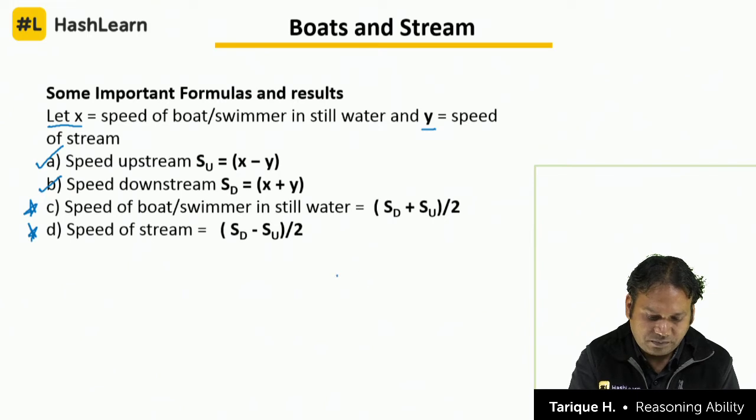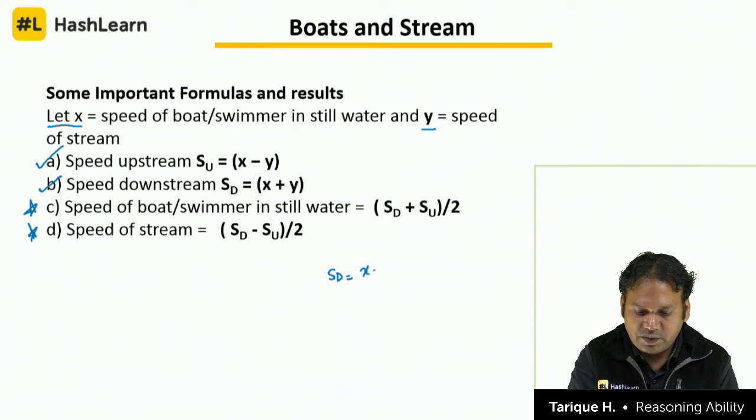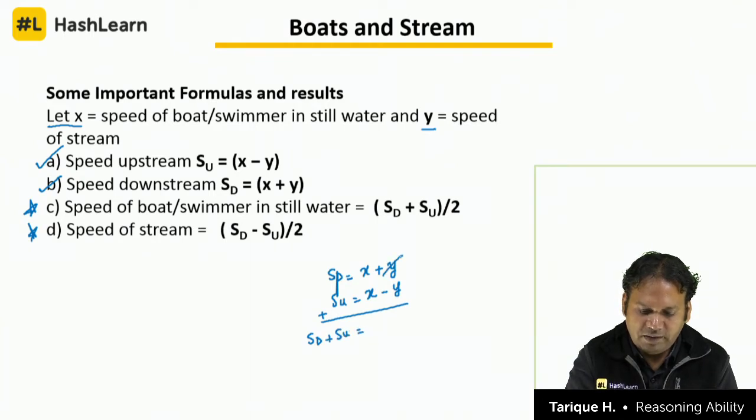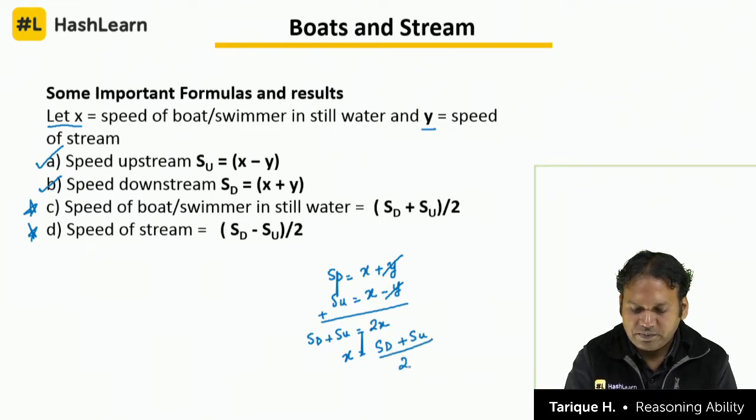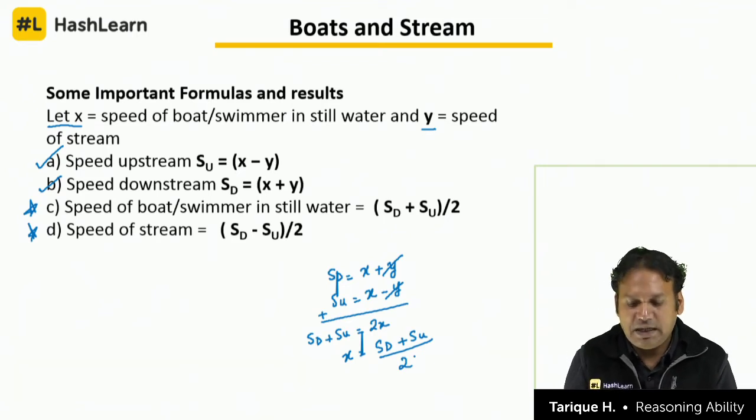Why does it happen? You see here, we know speed downstream is x plus y and speed upstream is equal to x minus y. If you add them, you get speed downstream plus speed upstream, plus y minus y gets cancelled, you get 2x, or you can say x is equal to speed downstream plus speed upstream by 2. But it is good to remember, so that in the exam you can directly solve and